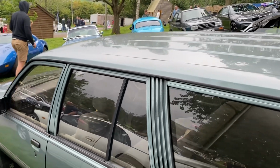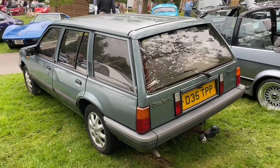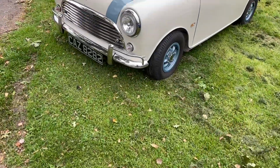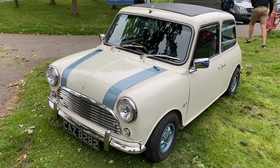Didn't sell so many of these, to be honest with you, and hence rare to see them. Certainly rare to see them in this condition. This is a GL, so we're one or two up in the range. Lovely. So pretty much every corner of Prescott hill climb parking area and paddock area is absolutely chock-a-block with little